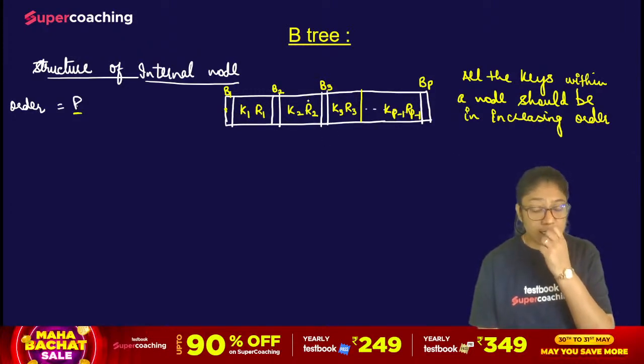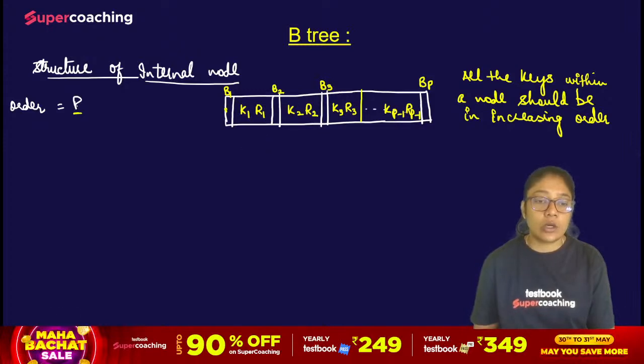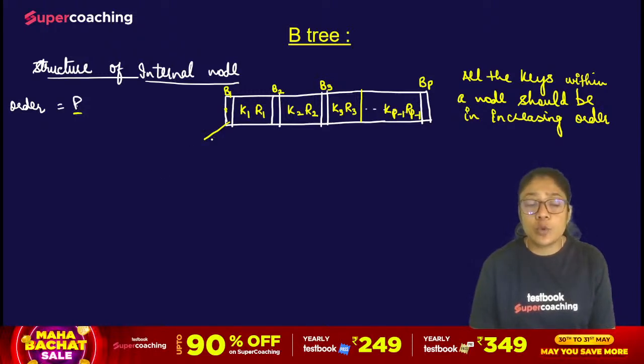That means K1 is less than K2, K2 is less than K3, like that. So this is always in the increasing or ascending order. Now, whatever second condition we have said, since this is a search tree, whatever elements are smaller than K1 will be a part of the left child of K1. So here, if X key is there, its value should be less than K1,